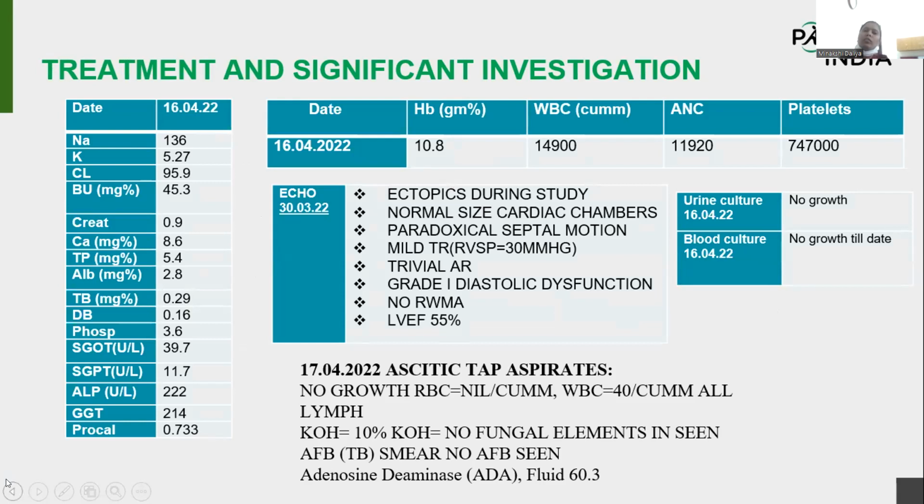As he was on supportive care, he had fever, and we did a culture, which was negative. He came to us with chest pain, so we did the echo. LVEF was 55%, and he was a terminally ill patient. His investigations were within normal limits for us. Then we did the ascitic tap, and there was nothing in KOH, AFP. Only ADA was 16, CBNAAT was negative, and the SAAG was exudative.